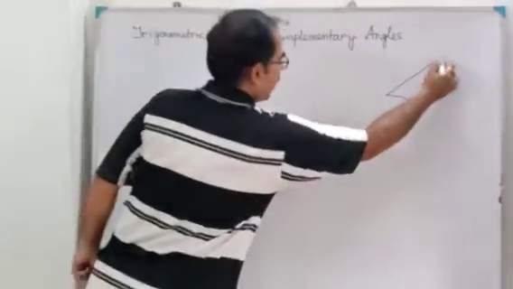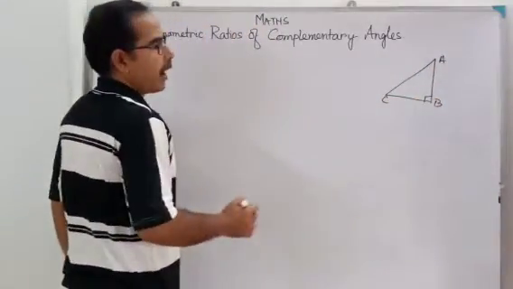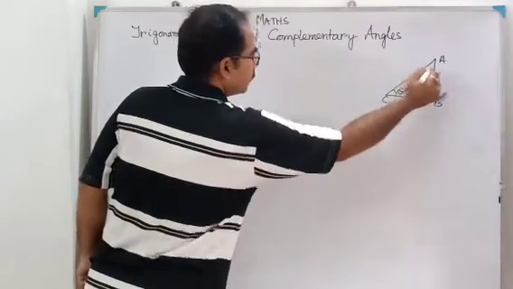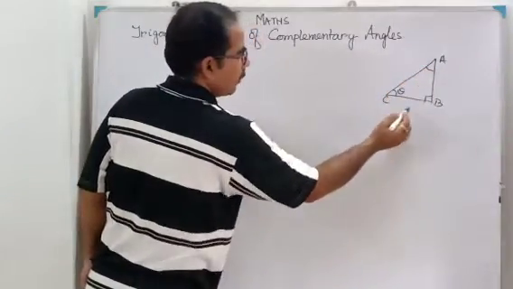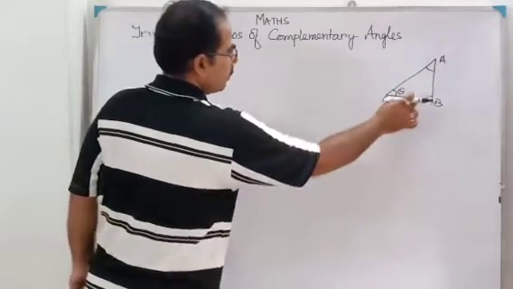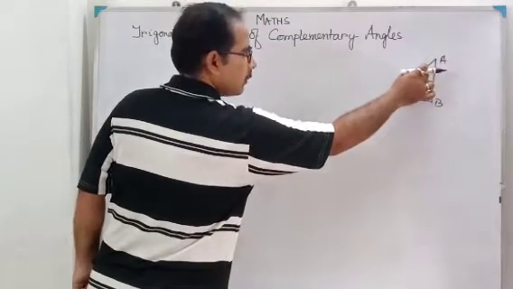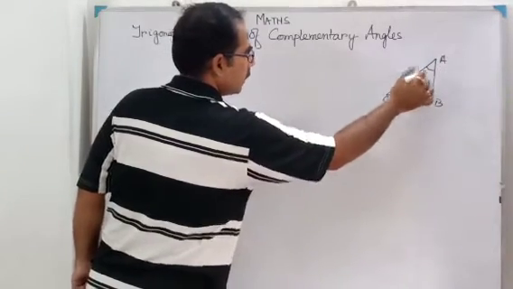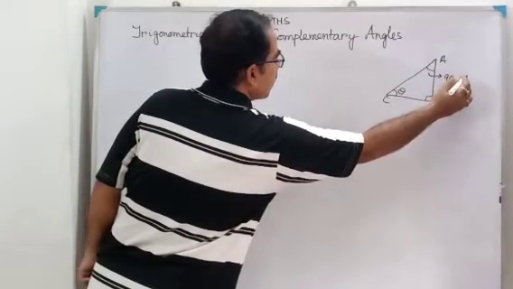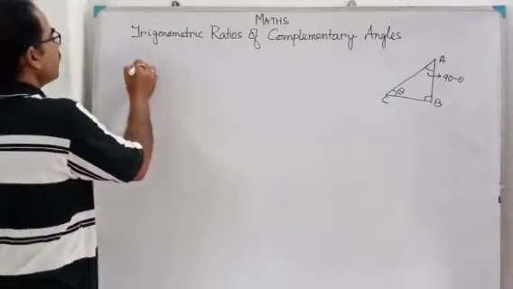Suppose a triangle ABC, and B is a right angle triangle. Okay. So this is theta. So this will be what? We know very well the sum of the three angles of a triangle is equal to 180 degree. So if this is 90 degree, this angle plus this angle will be 90 degree. So if this is theta, this will automatically be 90 minus theta. Yes or no? So now some basic formulas are there.